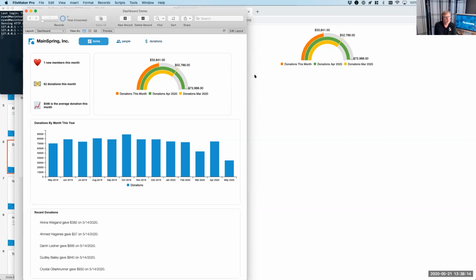Ryan, do you think you could connect to SAP with FileMaker? It's not something I've specifically done, but I think the beauty of FileMaker is that if SAP allows an open REST API interface, then yeah, we can totally connect to it. Anything that exposes an API is something that we can integrate with, and these days, you'd be hard pressed to find